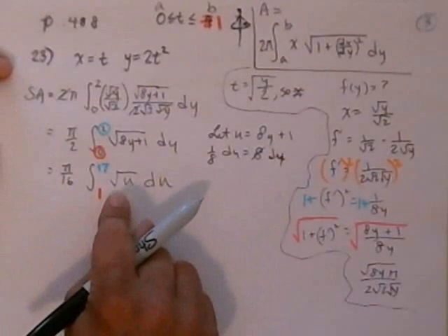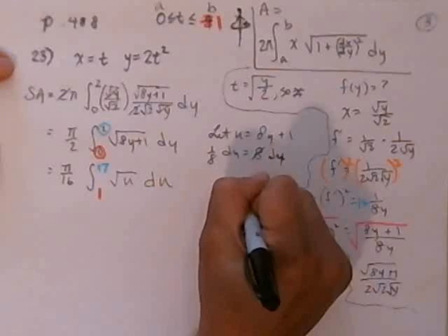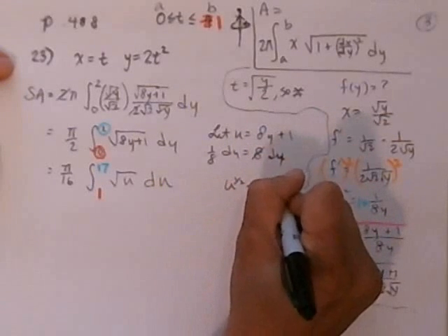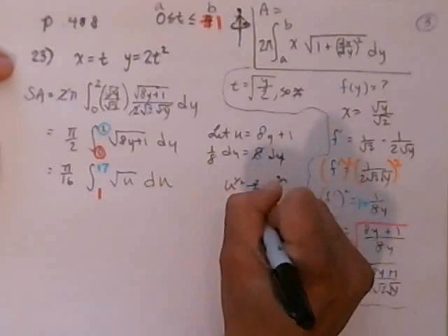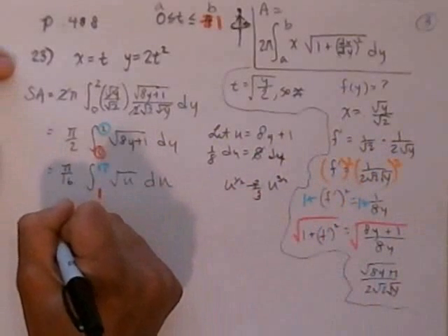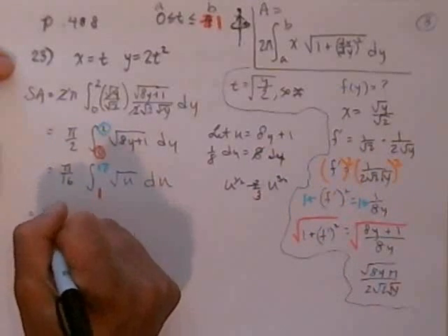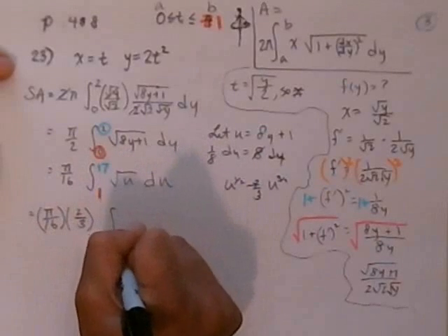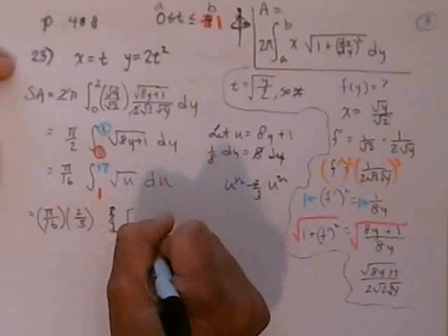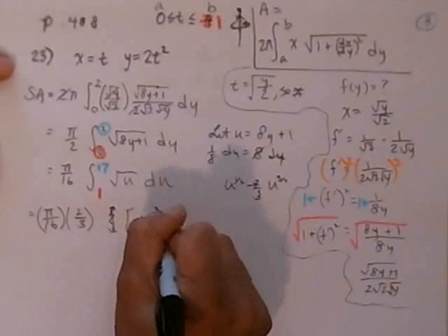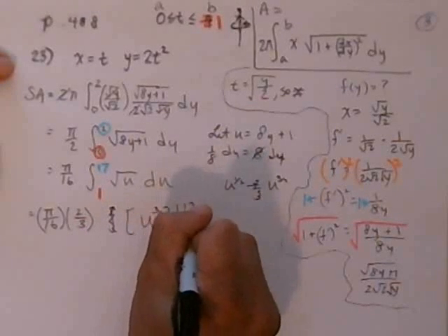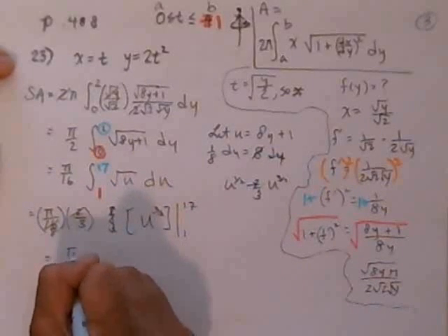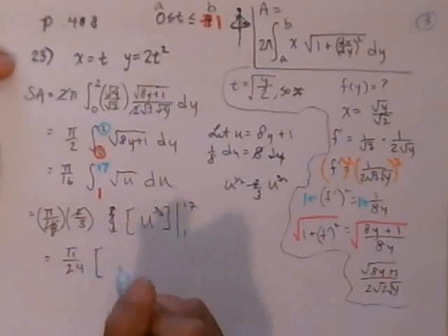So what do you do from here? That's going to be u to the 1/2. Integration of that is going to be u to the 3/2 times 2/3. So it's going to be pi over 16 times 2/3 times the integral. Now we just integrated that. It's going to be u to the 3/2 evaluated from 1 to 17. Cancel this out, becomes 8. So pi over 24 times